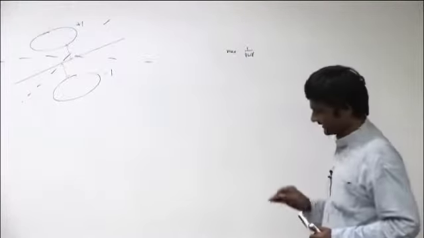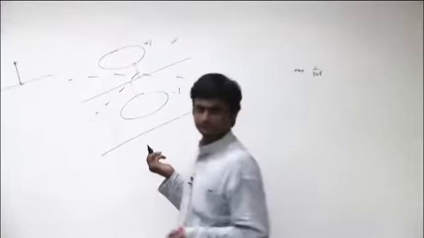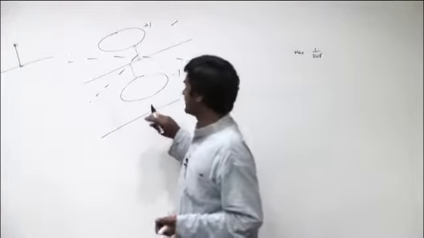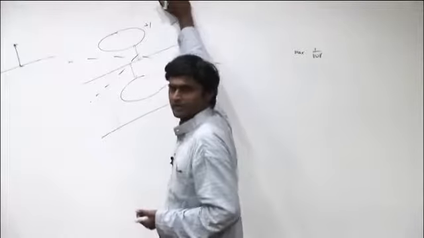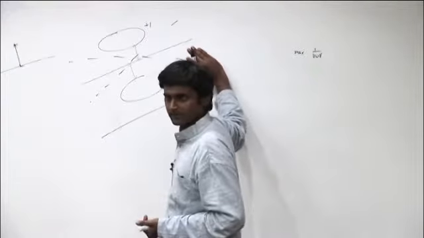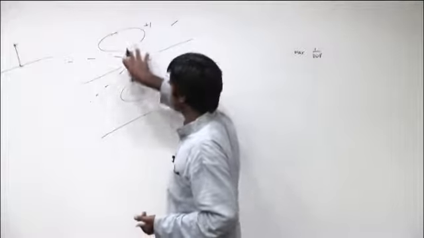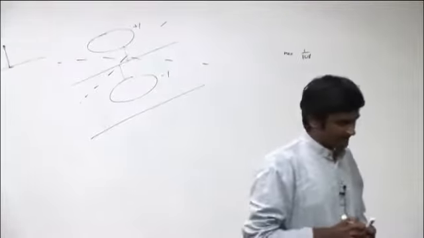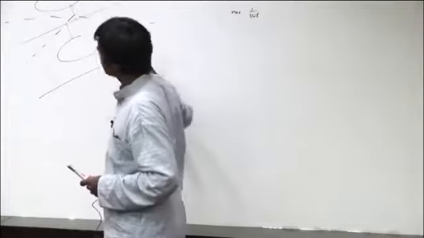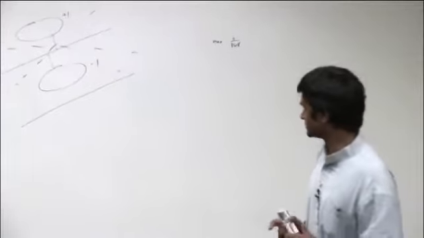But while I am doing this, what am I interested in? I am not interested in a hyperplane which looks like this. If I give you +1 and -1 points, I am not interested in such a hyperplane. Why? Because I want all the points which are +1 to lie on one side of the hyperplane, and all the points which are -1 to lie on the other side. This cloud of points should lie on one side and that cloud of points on the other, so that whenever a new point comes, I can immediately classify it: if it lies in this part, it must be a plus point, and if it lies in this part, it must be a minus point. After all, that's my overall goal.